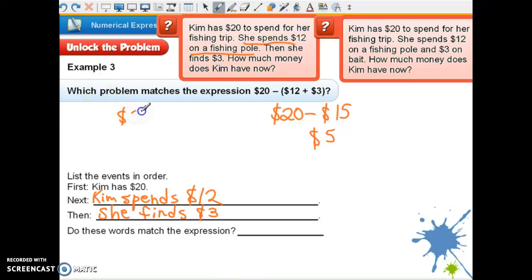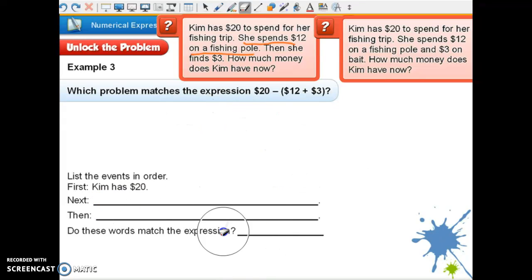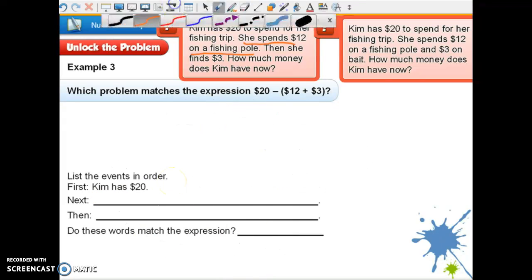This would be $20 minus $12 plus $3. So, do these words match your expression? No, they do not. So that's your first one under example 3. Okay, now I'm going to erase all that, and we're going to do the one on the left side of the page that says